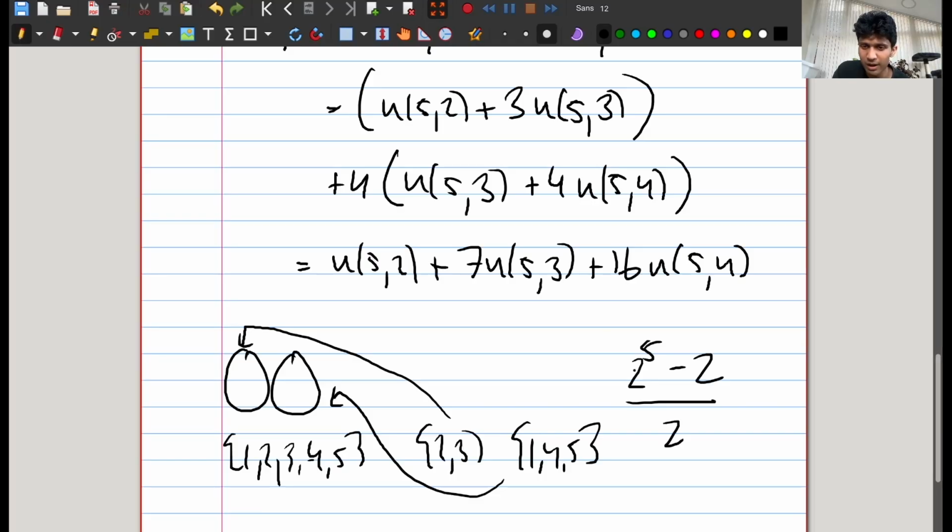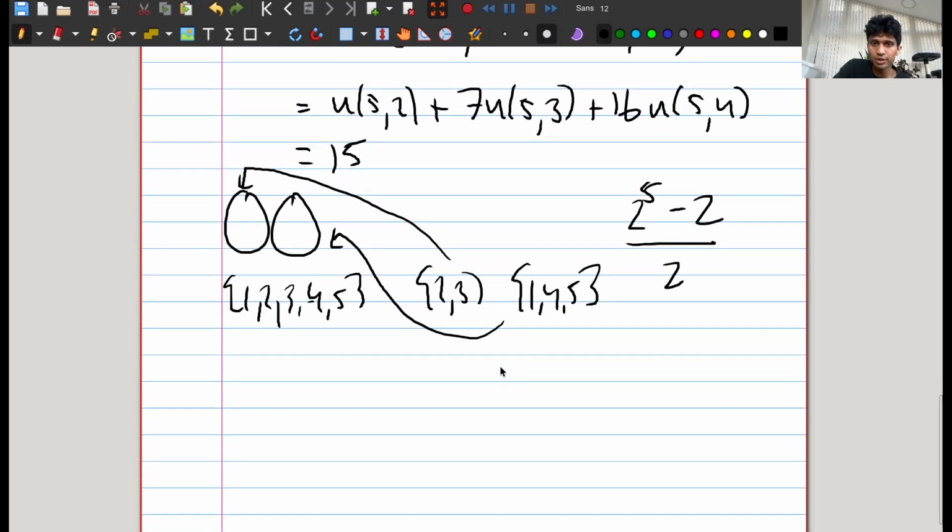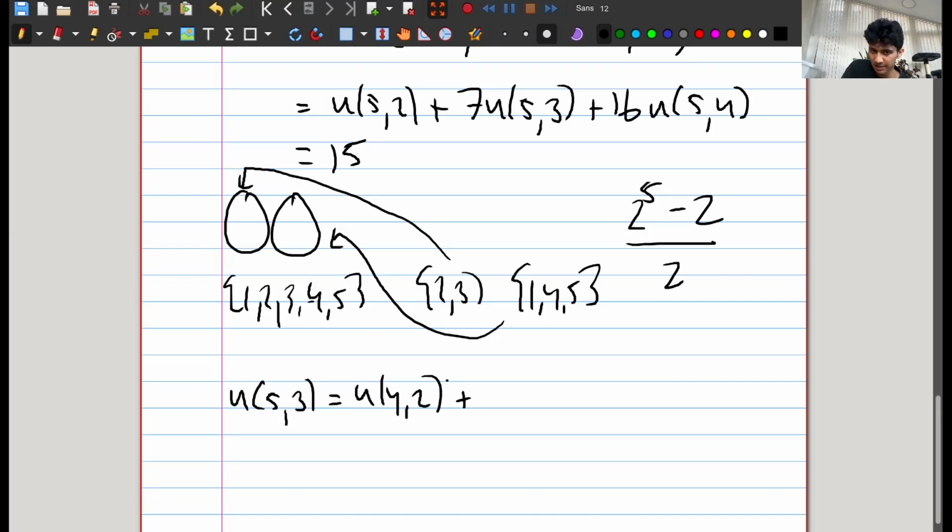So this is now 32 minus 2 is 30, over 2 is 15, so this should be 15, the first term here. And then I'm going to do the recurrence relation again to find u5,3. So u5,3 is equal to u4,2 plus k times, in this case 3 times